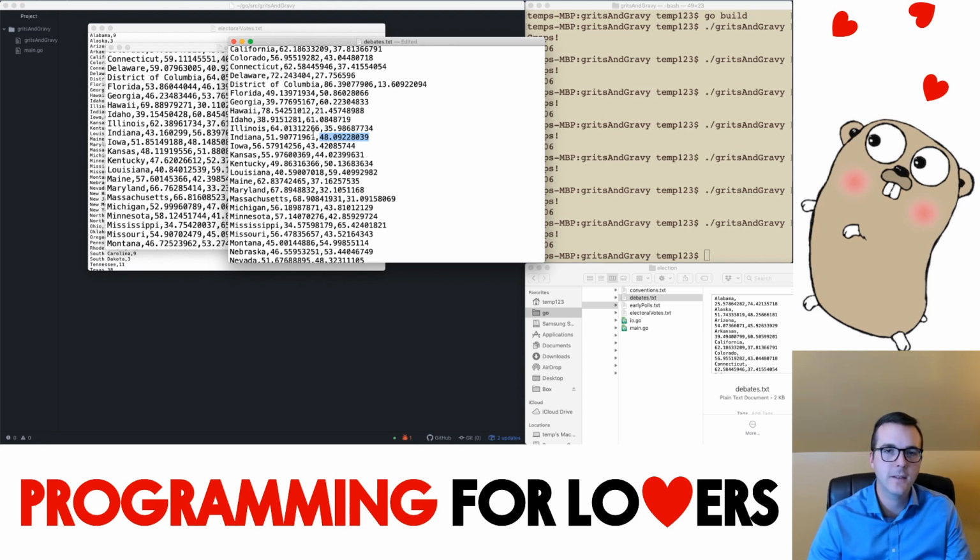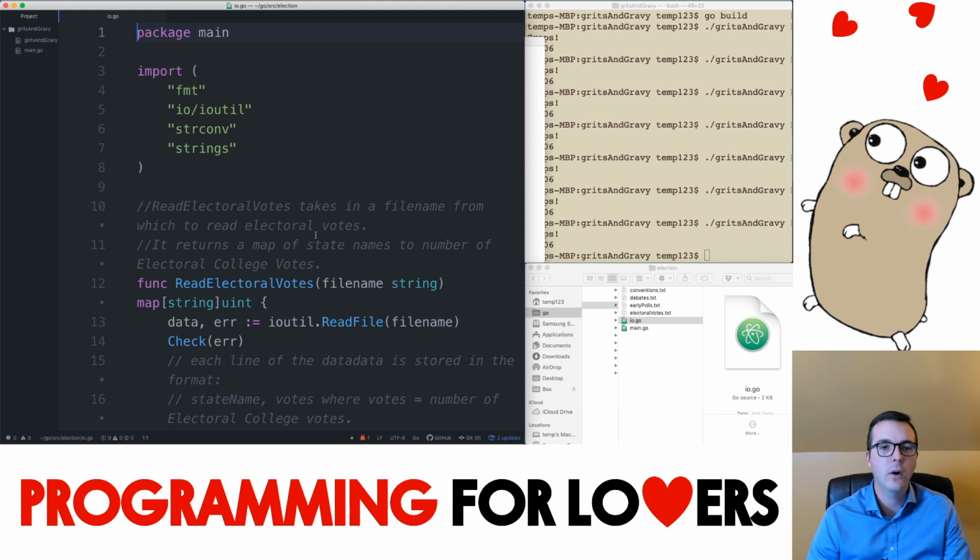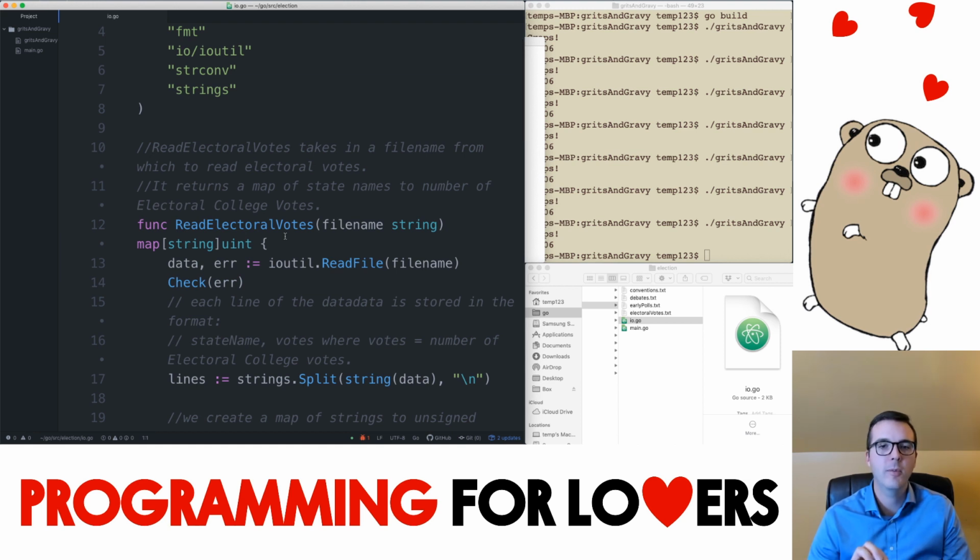So there's some redundancy that's built into these files, although it does at least provide us with a check if we wanted to verify that the numbers seem to be reasonable. One way we could do so is to just ensure that the 2 values do add up to 100. I will point out, so those are the data sets that we're going to access. I don't want to make this about input and output. So I wrote some code already in an io.go file, io standing for input and output, that will do some reading from the file for us. So if you take a look at that,